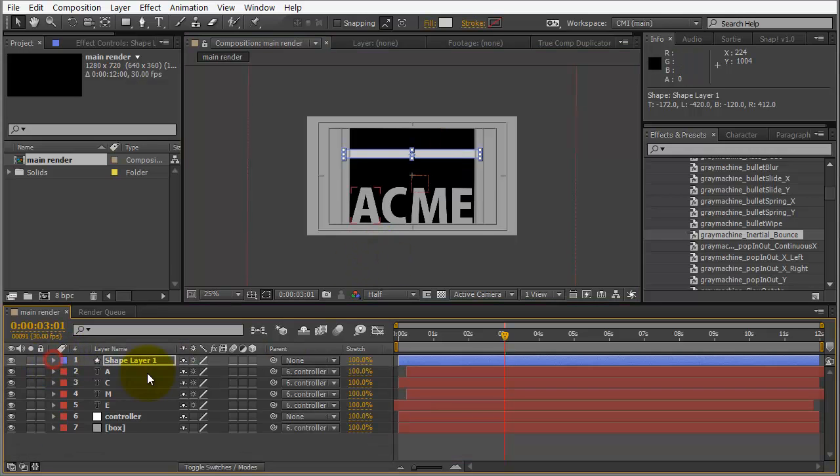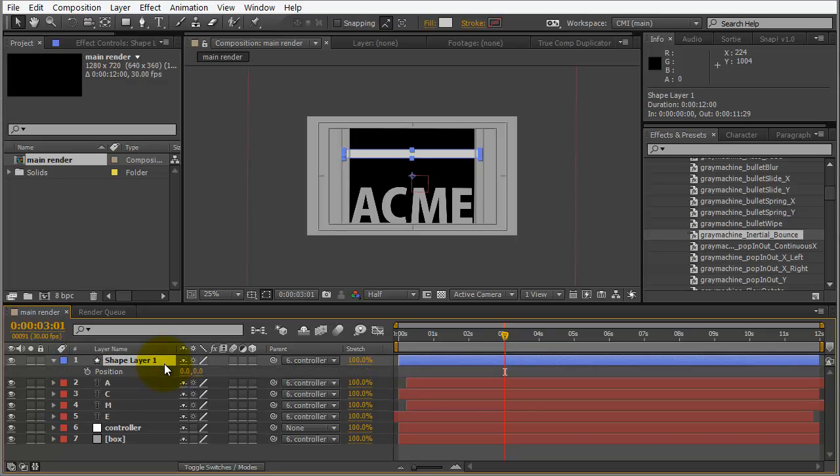Now, as we add things, I'm always going to parent those to the controller so that it rotates around as well. And let's go ahead and hit P for position, set a keyframe. And I want this to slide on, so I'm going to just scrub the values down here. Shape layer sometimes can be a little awkward. Okay, maybe a little faster, and let's have it happen a little bit down the timeline. So it comes in, and then as that comes in,